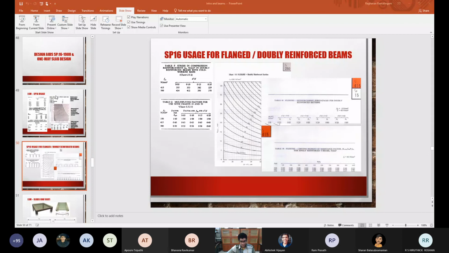So just go through both the code books. Go through IS 456 section 3. Go through section 5. Go through Annex B. Go through Annex G. I'm not asking you to read it entirely and memorize it or something like that. Just turn the pages. Look at it. What is there? Similarly, just open SP16. Turn the pages. Look what is there. Okay, this is the task that I'm giving you. And tomorrow we'll have some problems.